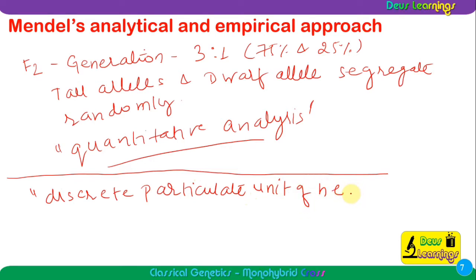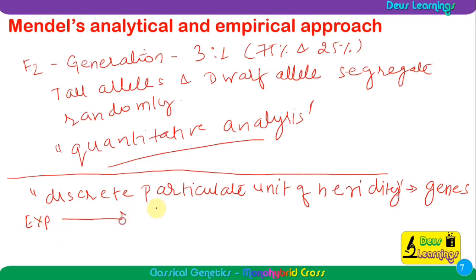And what do we call them today? Do you remember what we call this discrete particulate unit of heredity? Today we call them genes, right? And what they do, what he did, so by his experiment,